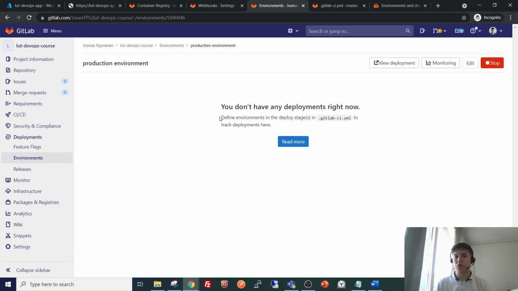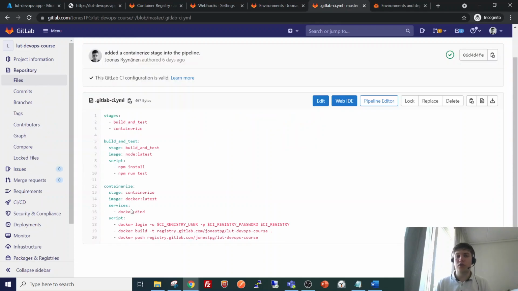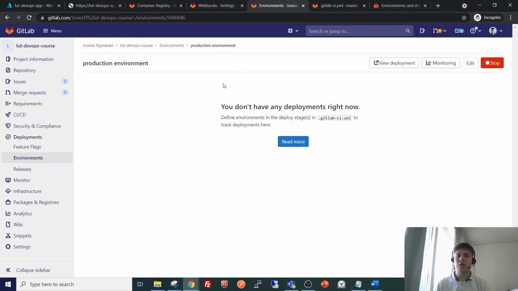As GitLab suggests, we need to add some things to our CI pipeline file in order to utilize this environment. So what we are going to do is add a new stage to this gitlab-ci.yml that will essentially trigger a new deployment here.